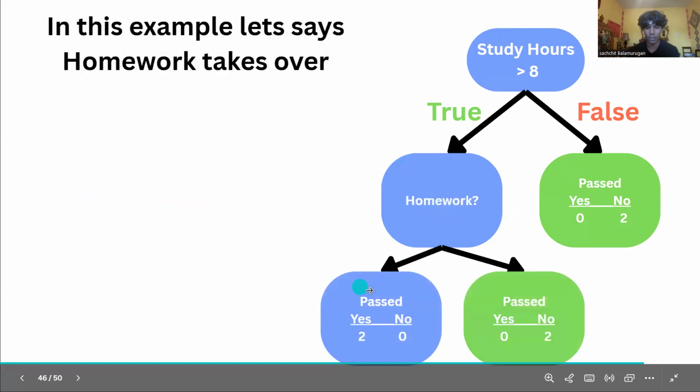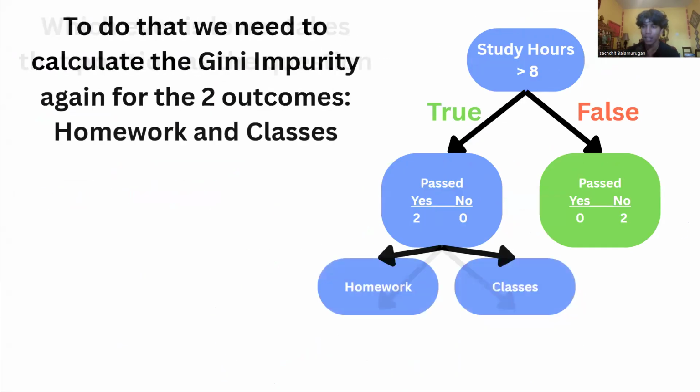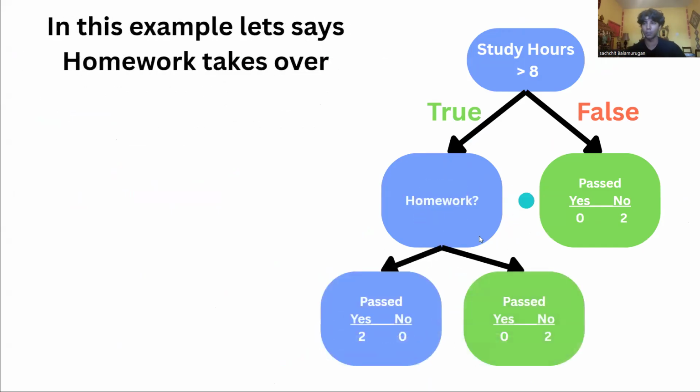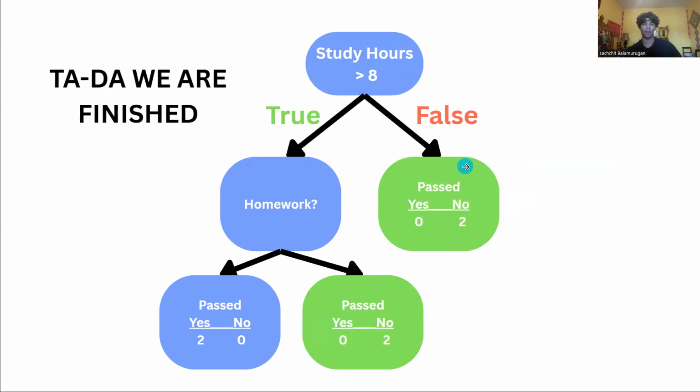And now we create a decision tree, make sure it filters it down. And if it's not completely pure, then we need to do the same thing. Next, what do we have left? Classes. Then we would need to ask a question of classes, do the same thing, make sure it's pure. That's the goal: to make a decision tree where all the values are pure. Okay, and this is our final decision tree.